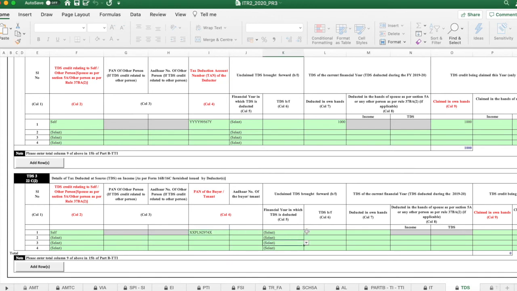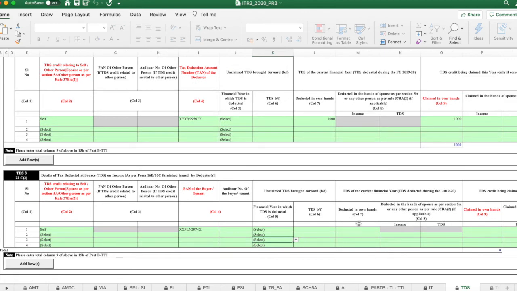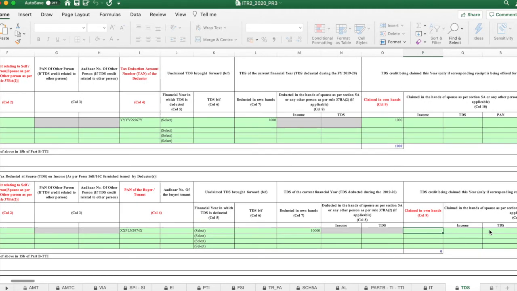Then the actual amount of TDS deducted in the current financial year, in this case it is 10,000. Claimed in own hands, how much? That is the same 10,000.